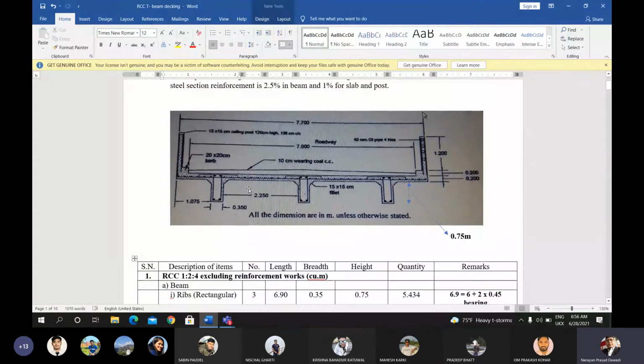For the 6 ribs, you have to subtract the 12 numbers of the 0.15 part. So 2 into 6 into 0.15, and you have to add the inclined portion, for the 6, and you will get the total perimeter of the plaster surface along the cross section direction up to the slab, up to the curved top. We'll get the value of the width as 12.47 meter. Okay,